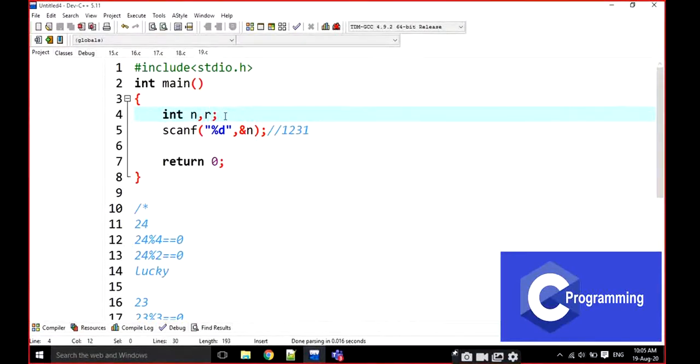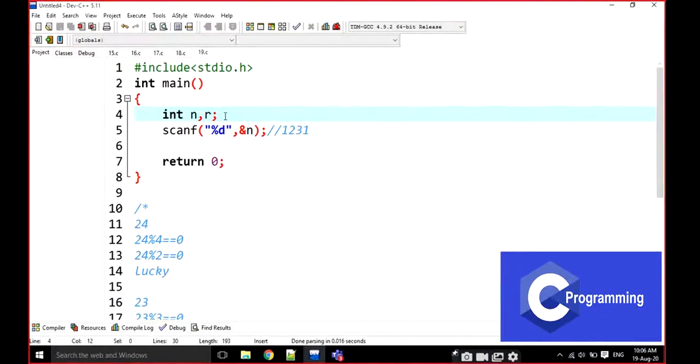What are these numbers? 22, 33 and 44. Is 44 divisible by 4 or not?